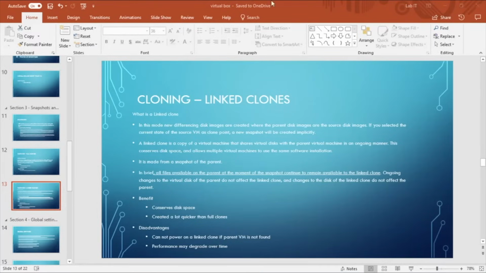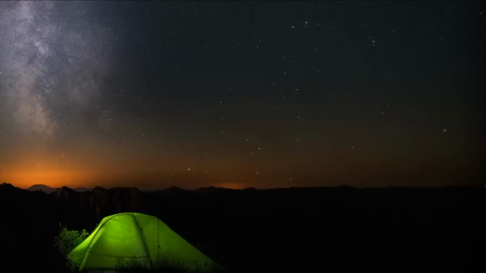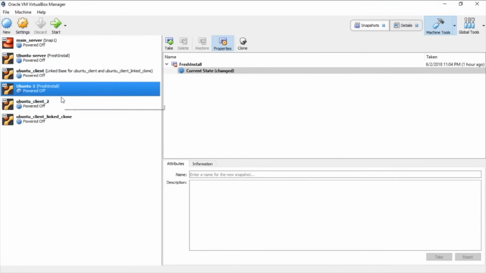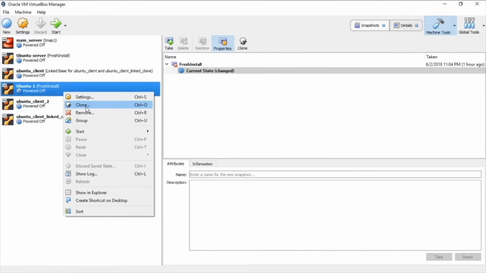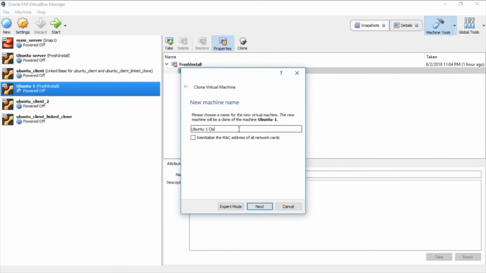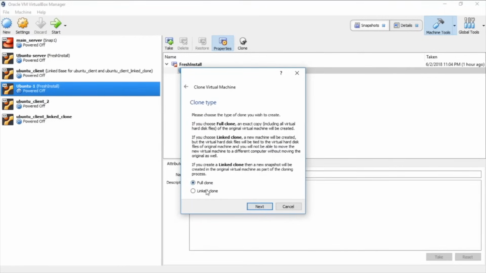It's very easy. All you have to do is open up Oracle VirtualBox. Select the virtual machine for which you want to do a full clone or a linked clone. Right click, you can do Ctrl O, or you can select clone from here. You can name your clone. You can reinitialize the MAC address, which will assign a new MAC address to your network cards. Click next. You can choose a full or a linked clone